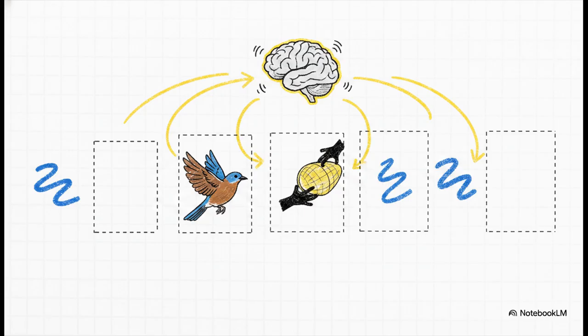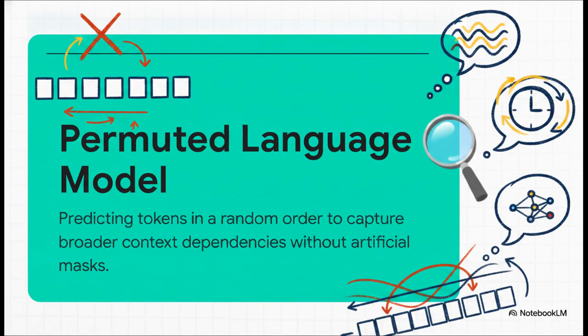By doing this over and over, the AI learns the deep, bidirectional relationships between concepts. It's not just blindly predicting forward, it's understanding the entire context simultaneously. But researchers realized there was a slight flaw with using those artificial mask tokens. I mean, humans don't actually speak with the word mask randomly inserted into our sentences, right? It created this artificial discrepancy between how the AI trained and how it would actually be used in the real